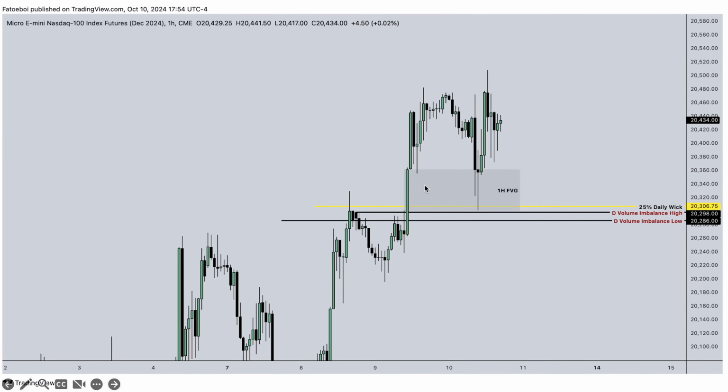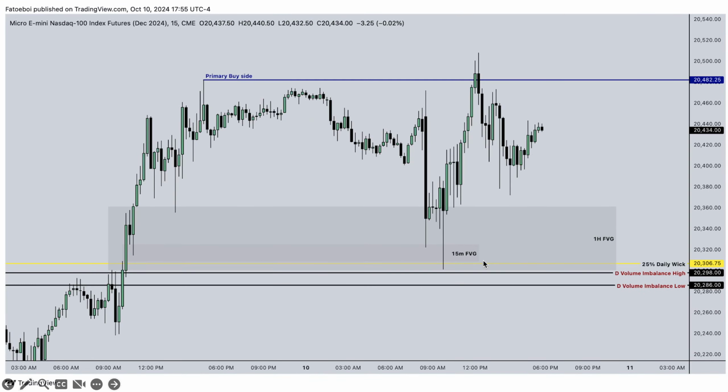We have a 1 hour fair value gap in here. We don't close that all the way down. We could have thrown to that, but if we close in here, we could have inversed that and then sought lower prices, but the CPI data left relative equal highs, so there was a reason for us not to trade below that, but to just go up, have some bullish momentum to take out these highs, with the purpose of leaving a portion open and not trading down to the volume imbalance high even, which is what